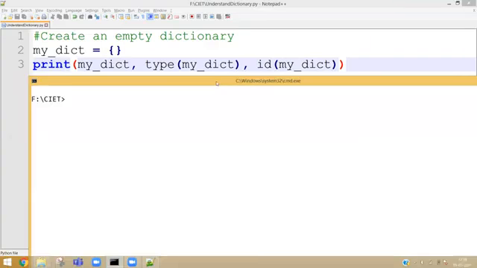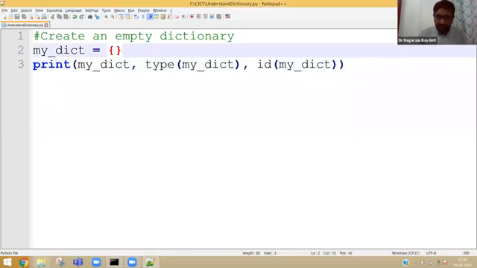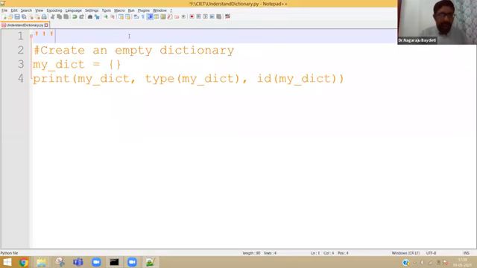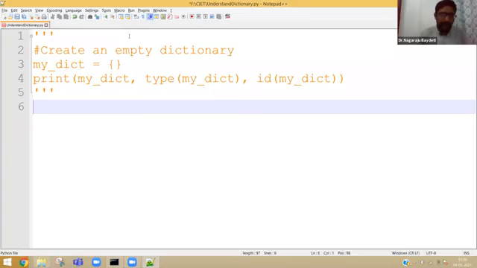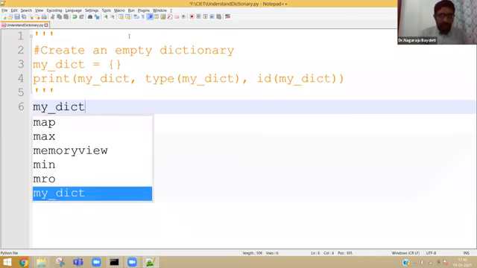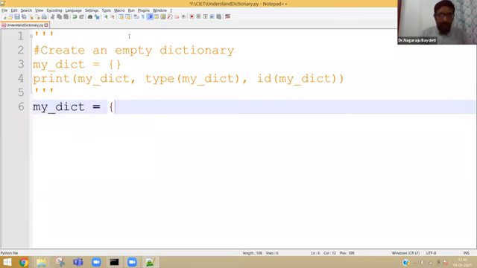Continuing. Thank you. So let us try to create some values. Instead of an empty dictionary, see, an empty dictionary is only for our understanding of how a dictionary can be defined. Let us see a dictionary with some keys and values. So my dictionary is equal to, you have to give the key, for example, names.